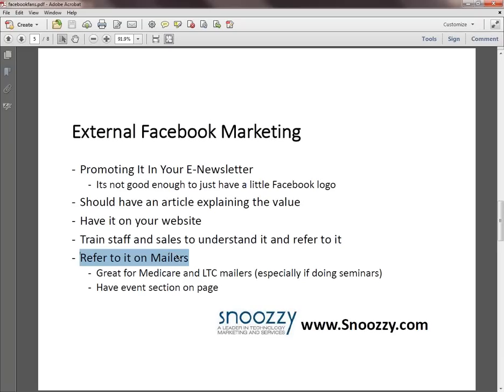And then the thing I've seen a lot of success with recently is, believe it or not, I've got a lot of clients who are older. They're selling Medicare, long-term care. They're focusing on the senior market. I've seen them do a great job at promoting the social media presence on the mailers that they're sending out. And basically what they're doing is they're doing seminars to talk about these products, and as you guys know, you can have an events tab on your social media presence where, if you're doing 6 seminars in the next quarter, you can list all those seminars right on the social media presence.